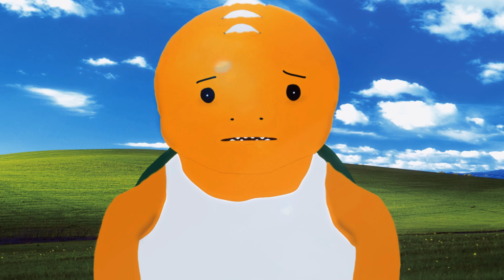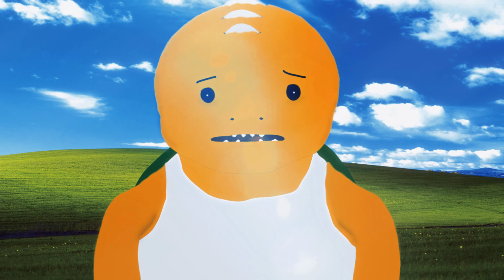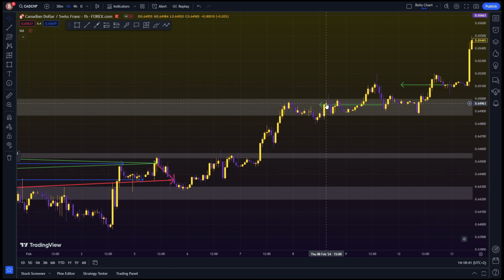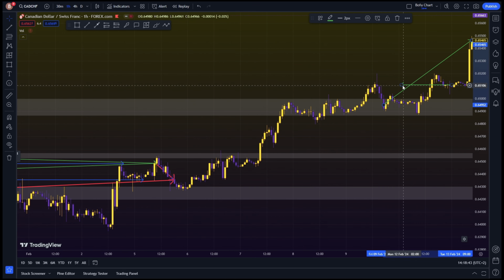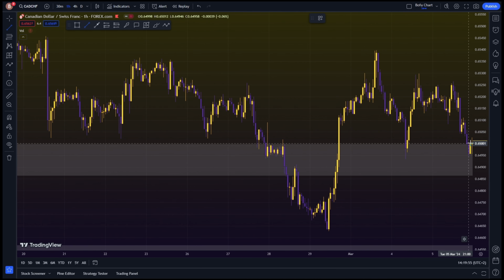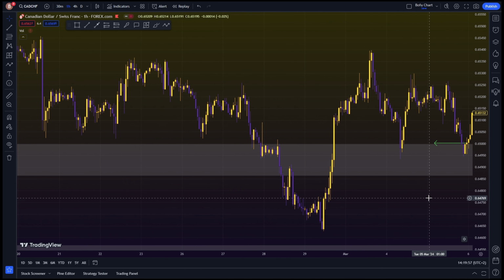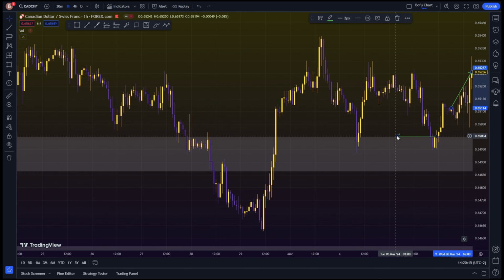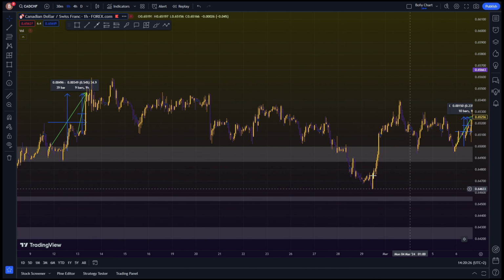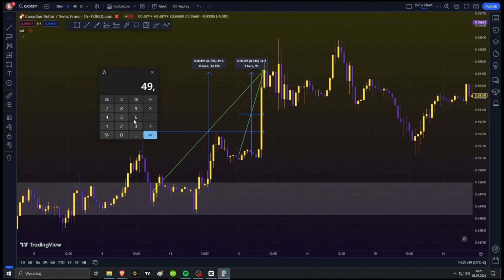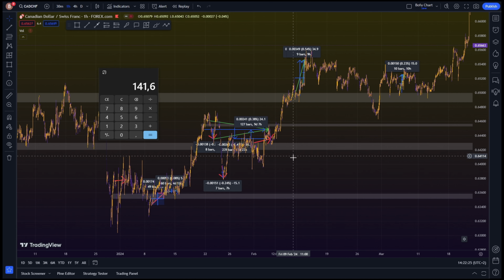Now is a good opportunity to add to the position. The price continues the trend and I'm adding on the rebound. Immediately the price goes into profit and I close both positions. I will go long because the price has often rebounded from the zone. Here I am adding again. And here again, the price immediately reaches the point where I can sell it safely. Okay, that's it. I'll add up the result now. 146 pips. I think it's not bad.